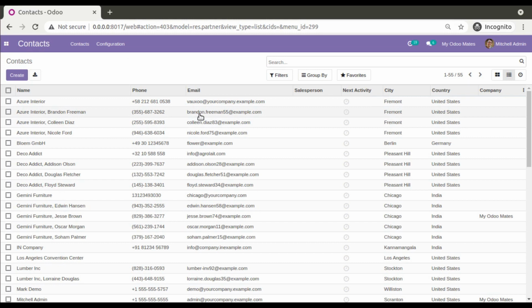Normally in such cases people will just make this field invisible, or replace this field and add a field before that. This can be achieved easily using the position move attribute in Odoo, and I feel that attribute is not explored or used much, so I plan to make a video on it. Let's see how we can move the email field to the second column using the position move attribute in Odoo. Let me go to PyCharm.